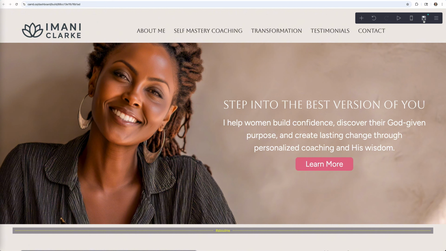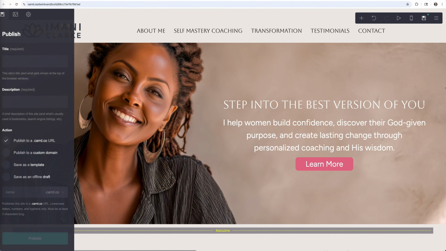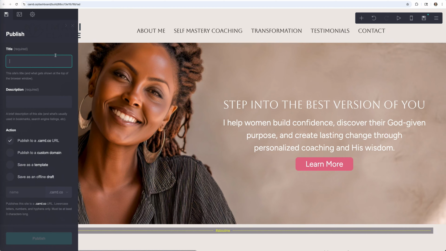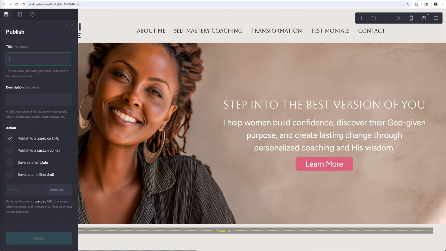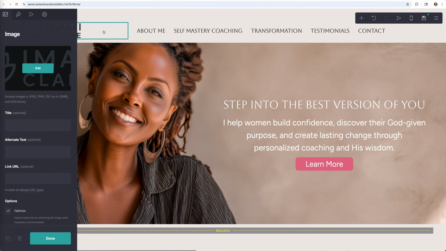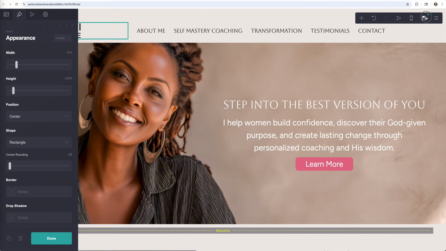When you want to publish, make the site go live, what you're going to do is press "publish this site." You're going to go ahead and title it. You're going to make a good description on it, especially if you're wanting to get ranked or possibly have search engines like Google pick up your site. If you don't have a custom domain name, like let's say for this site, it's Imani Clark, I don't have a domain name that's